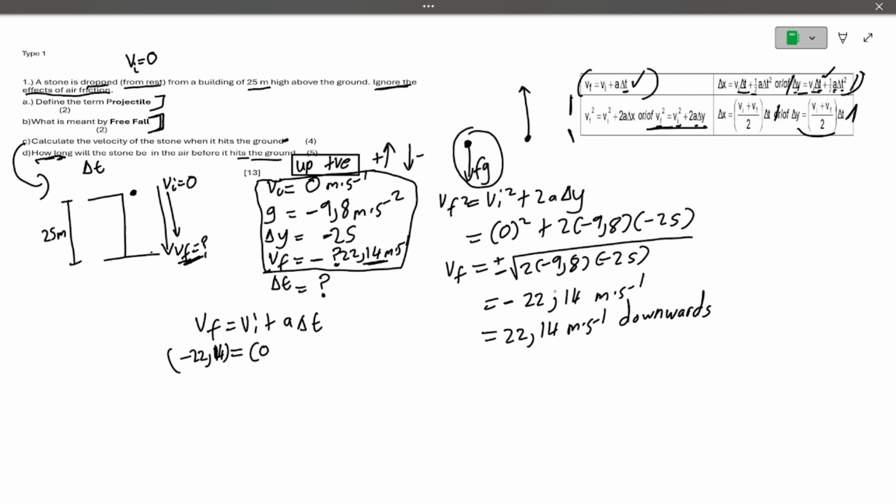And then the initial velocity, because it was dropped, is gonna be 0, and the acceleration is negative 9.8, and then the time we are looking for. So negative 22.14 equals negative 9.8 change in time. Then we divide both sides by negative 9.8. This cancels this, and we're gonna have our change in time as